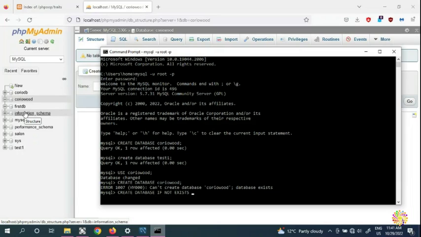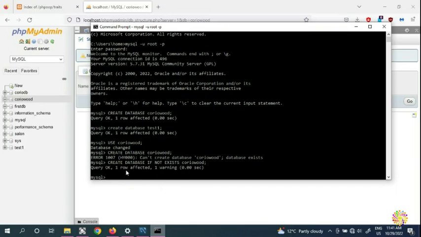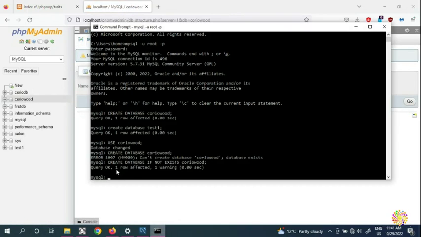And what's the database? For example, we put Corayo. Good. Okay, now we are effectively telling MySQL to create a database for us if this database does not exist. And if you press enter, one row is affected, one warning. But you don't see anything here, and you don't see the second one. We still have Corayo, we still have the things, because now when we issue this command, MySQL